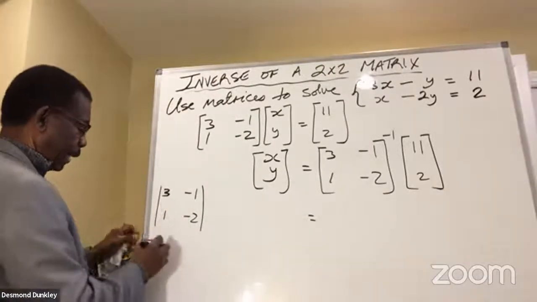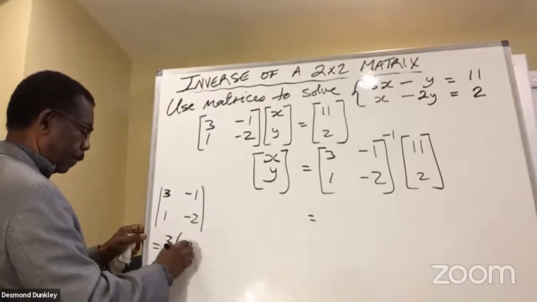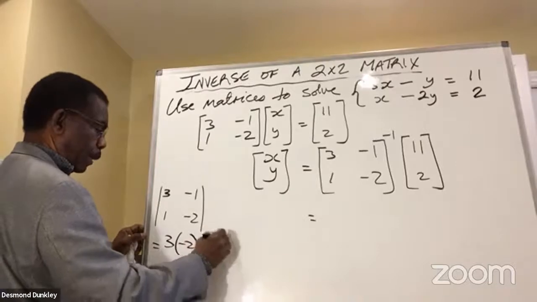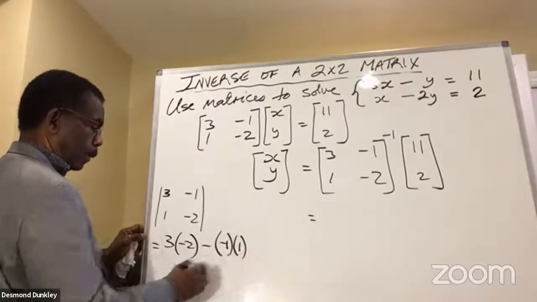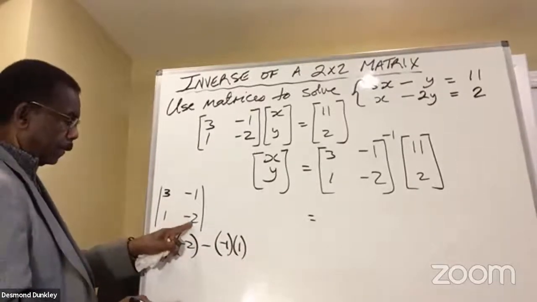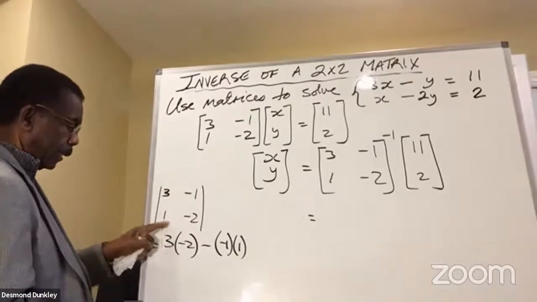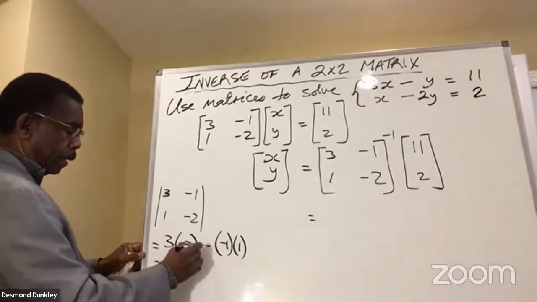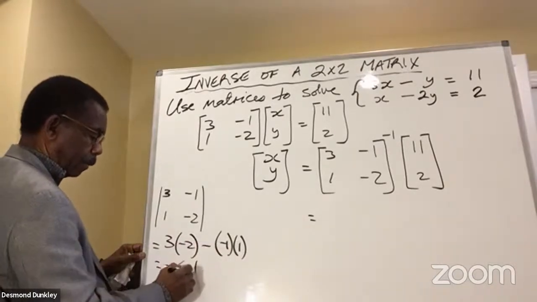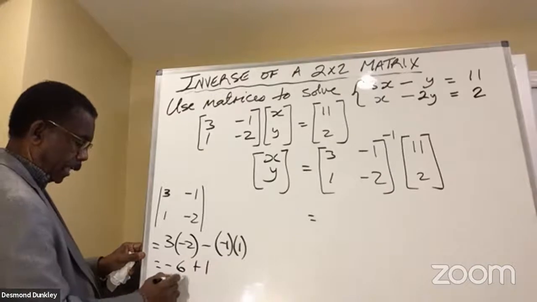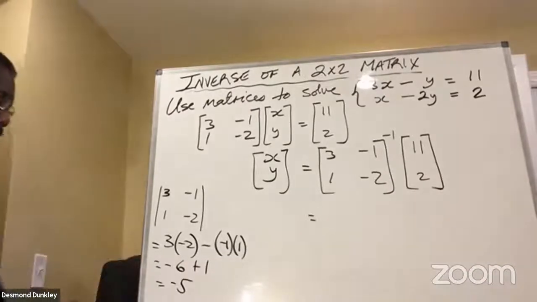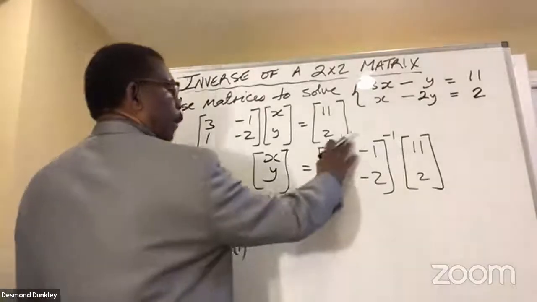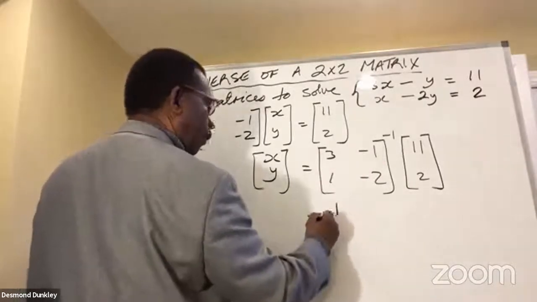So 3 times negative 2 minus negative 1 times 1. So this times this minus this times that. So we end up with negative 6, then minus negative 1 plus 1 gives us negative 5. So that's the determinant. So therefore, for this, it's going to be 1 over negative 5 times